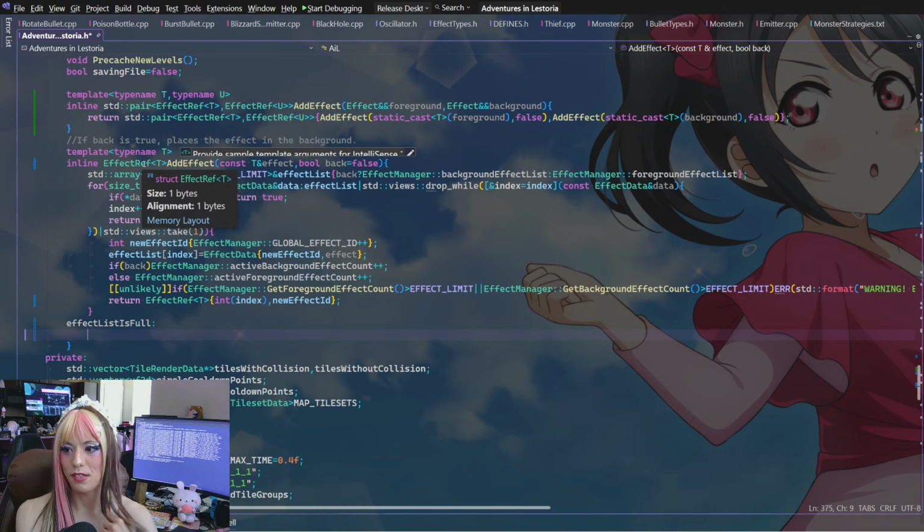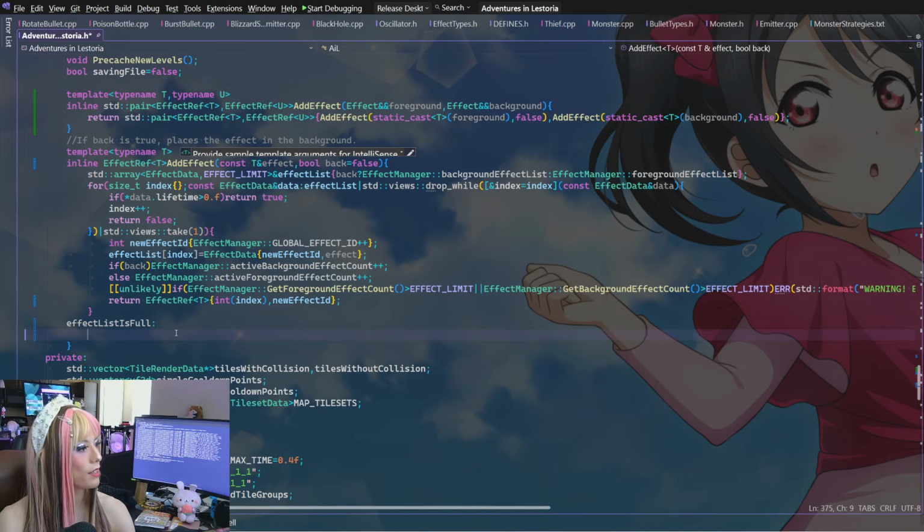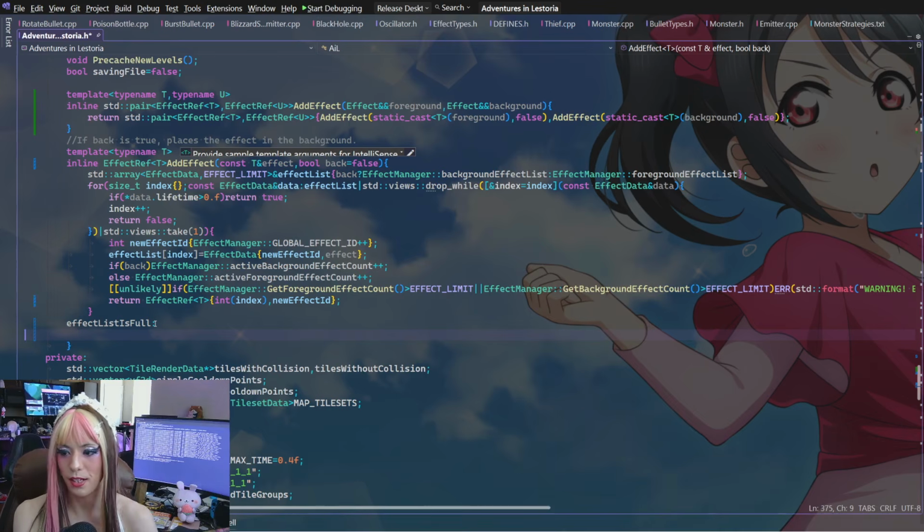But this is expecting a reference, a return. So either the return type has to be optional, which then I have to go through and change all the add effects, or something has to happen. Just trying to think here. What we could do, this is a more interesting idea: what if we return the oldest effect type? Like we just start overwriting effects. So if we run out of space in the list, the oldest effect that's been generated will be the one that gets destroyed first and replaced. So we'll replace with the oldest one.